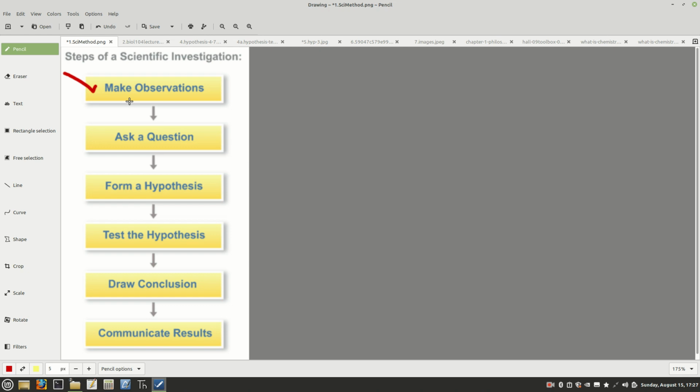He looked at the animals and he saw they were similar in certain ways, but on different islands they were slightly different. They had adapted essentially to the particular island that they were on, so they were slightly different than the others. And he made that observation, and he asked himself, what's causing this? So he asked some questions, and he did form a rudimentary form of hypothesis. So he was good. He did all three of these.